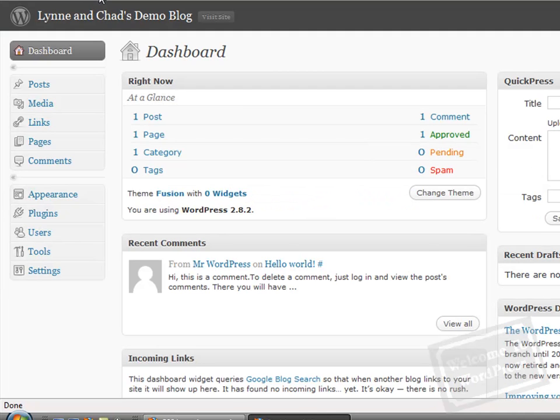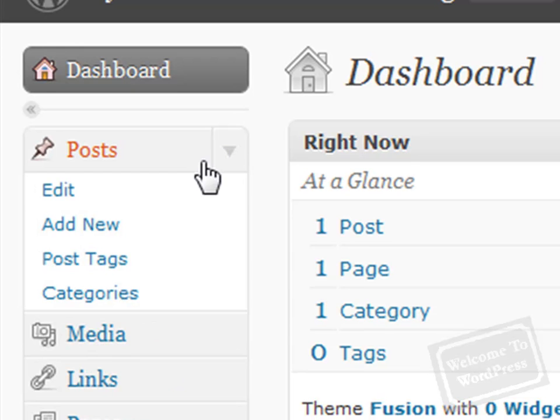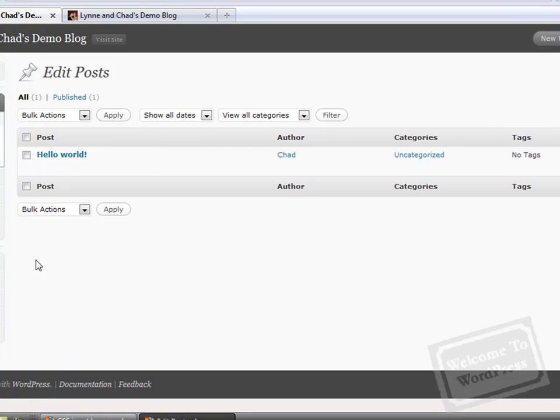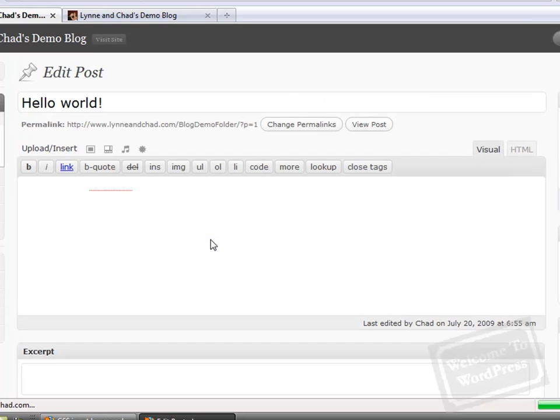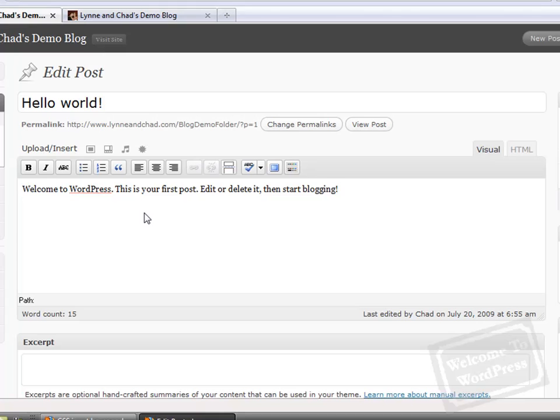So go to your dashboard, click on Posts, drop that down, and you're going to want to edit your post because you want to see what's already there. When you install WordPress, it creates an example post for you. You can edit it by clicking on it, and it has the title Hello World. It says, welcome to WordPress, this is your first post. Edit it or delete it and then start blogging. You could just edit this if you wanted to,